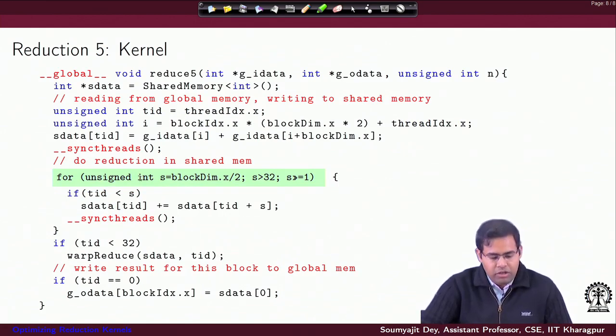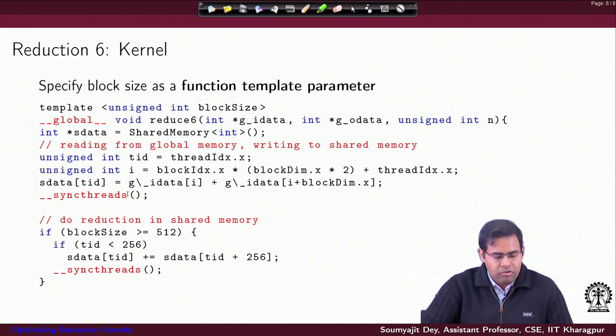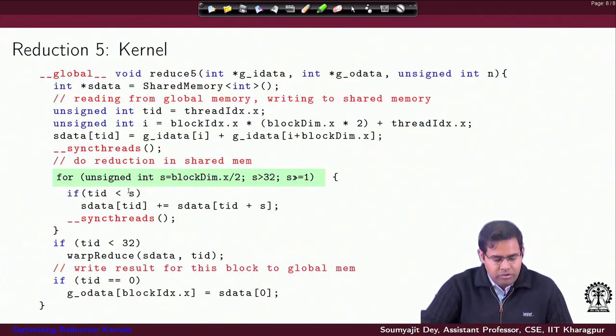With 512, in each iteration you are going to compute with strides starting with 256, because for block size 512 the stride would be 256, and with that you will start the reduction. At every step the reduction stride size will decrease.